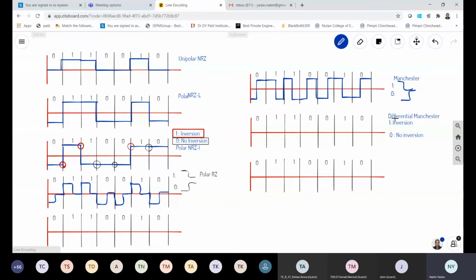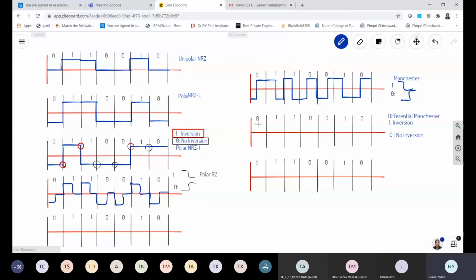Then decide which scheme you are following. So here I am following the differential Manchester scheme. Correct? And then according to the scheme, I need to decide: 1 is for the inversion, 0 is for no inversion. As it is a combination of NRZ and RZ. Correct? So NRZ is what? NRZ is on both sides, polar NRZ. Polar NRZ is on both sides of the axis, and polar RZ has to cross the axis in between. It has to switch to a different side of the axis in between a signal itself for the same data.